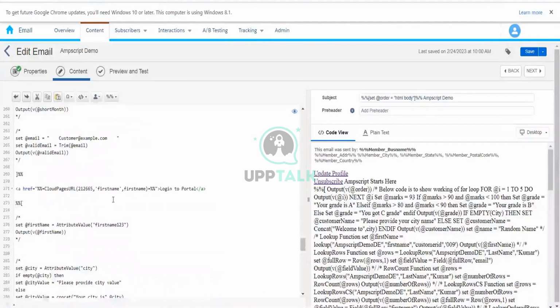This is one more function, and this one is important: cloud pages. Many times what happens is, let's say we are building a custom preference center page. We have one default preference center page where the customer will go, and it is maintained by Salesforce. It is default, and we don't have to do anything in that. But if you are customizing a preference center page using the cloud page, what we need to do